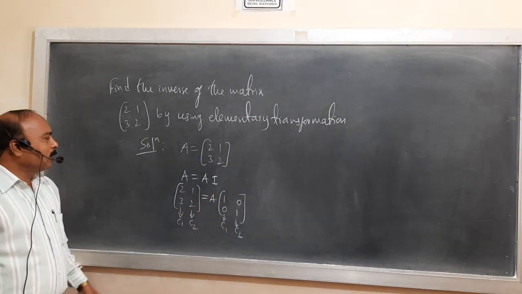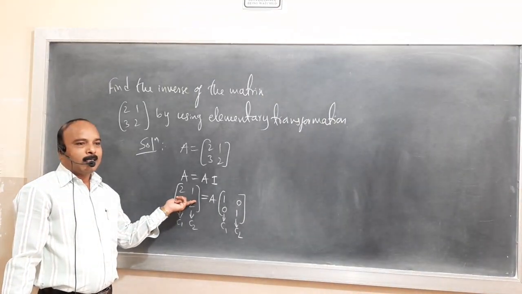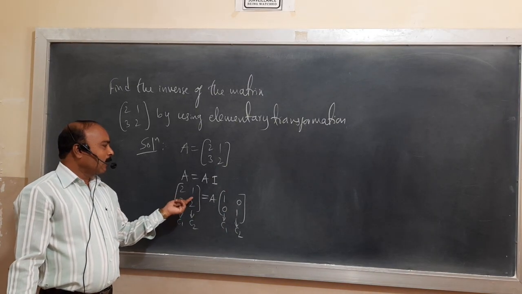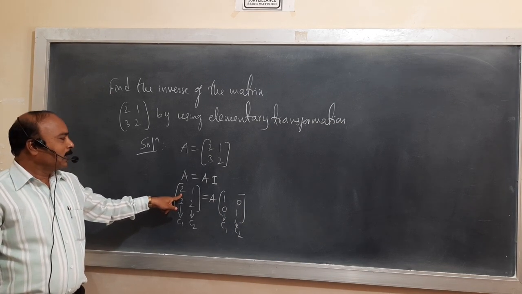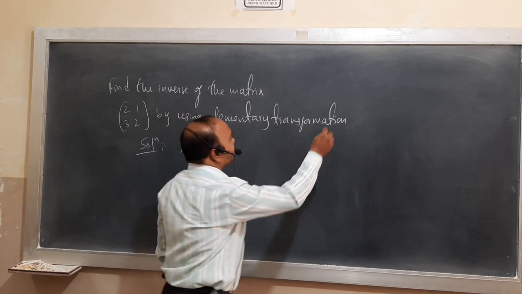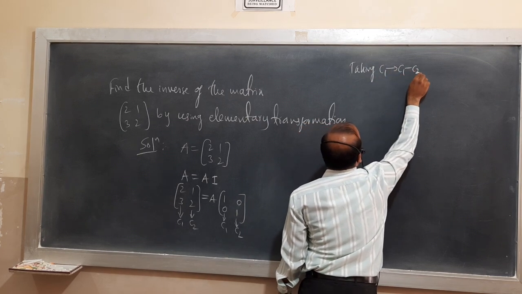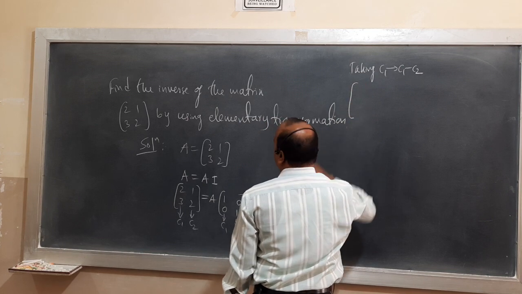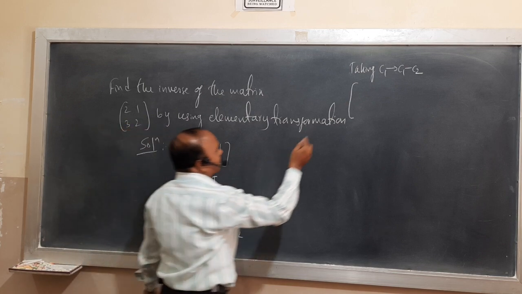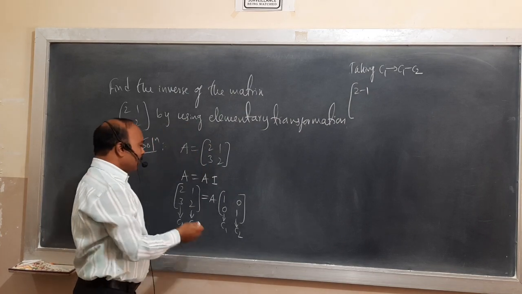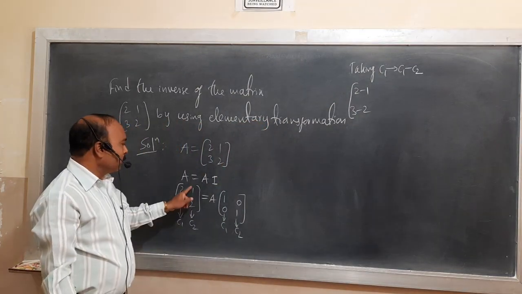Now our intention is to convert this left hand side matrix into identity matrix by using elementary transformation, either row or column, any one. Now I started already column transformation, that is to make it as 1 we take C1 as C1 minus C2. Taking C1 as C1 minus C2 means we transform by using column, that is it is C1, it is C2, it is 2, it is 1, that is 2 minus 1. After that it is 3, it is 2 means 3 minus 2, and second column no change as it is